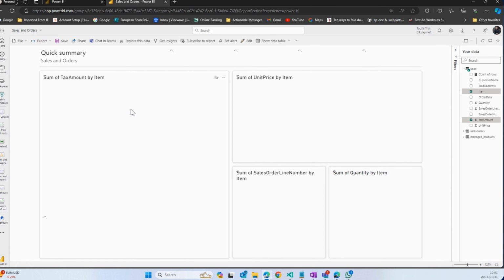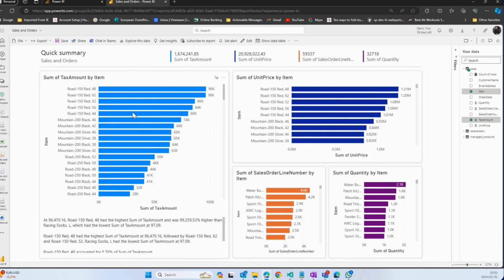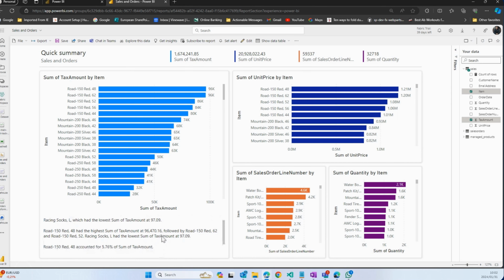After all of that work, this is the final kind of huzzah. Yes, exactly. So you've got all of the data in there, and now I pull in, this was auto-generated, so I haven't created anything, and it's telling me sum of tax amount, sum of unit price. So it's looked at the data and suggested reports that I might want, and also incorporated a summary of all of the data. Nowhere within any of my data would you have seen any kind of summary. So it's looking at the data and then presenting some interesting facts around that data.